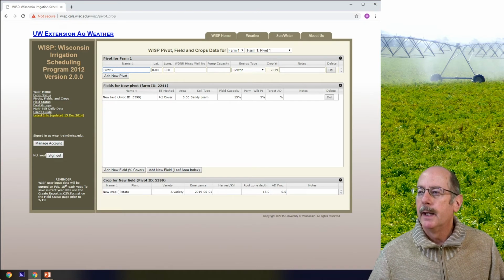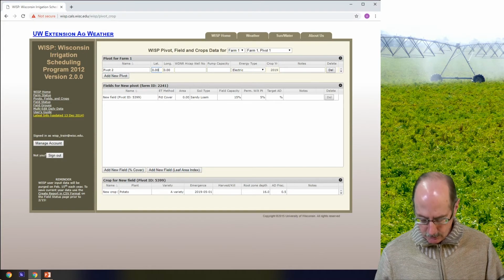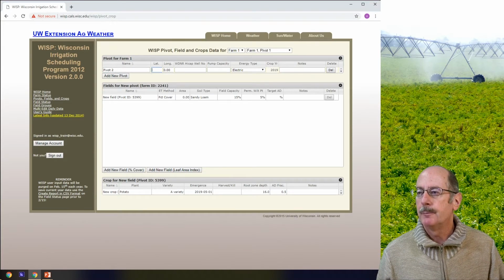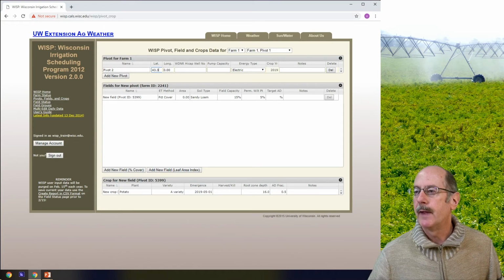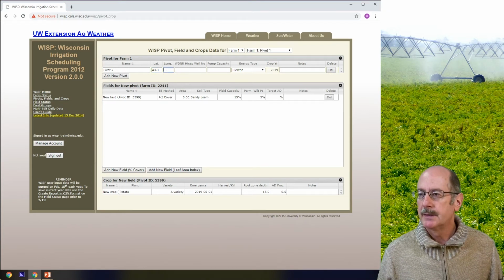Okay, and then you need to give it a latitude and longitude, because it will use that information to get the site-specific ET values for that site, for that particular pivot. So you want to make sure that you enter these to 1 point to the right of the decimal. And for longitude, it is important that you enter a negative, because we're in the Western Hemisphere,